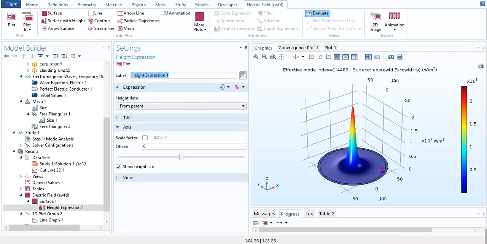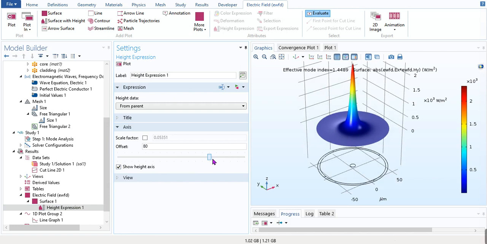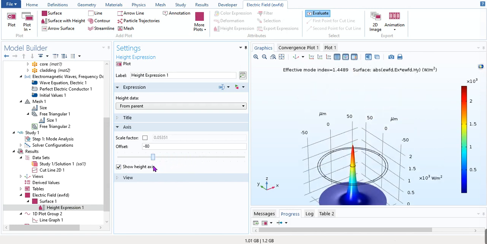From there you will get height expression, and in this height expression you can see that all the Poynting vector intensity or intensity profile is there at the center, that is core, and you can shift it up and down and visualize it. So this is there at the center.